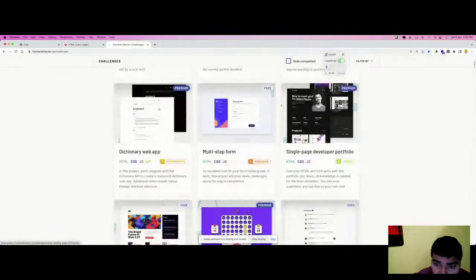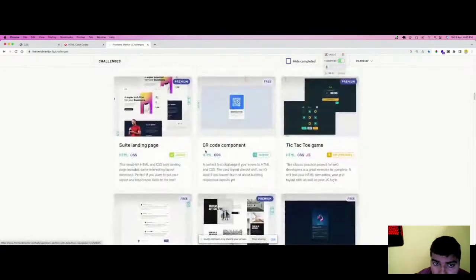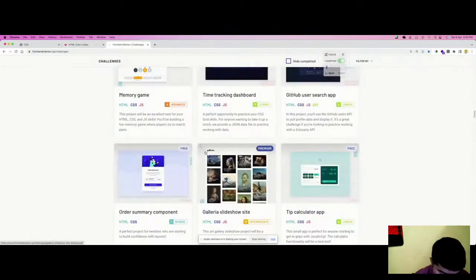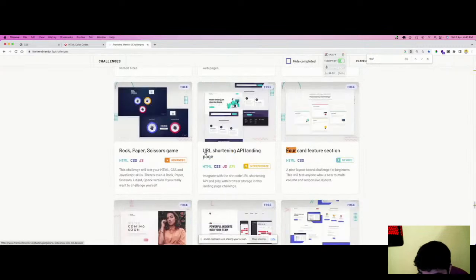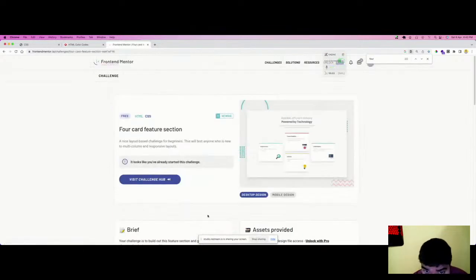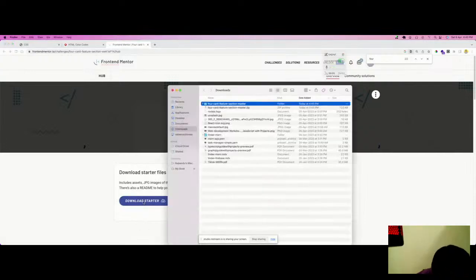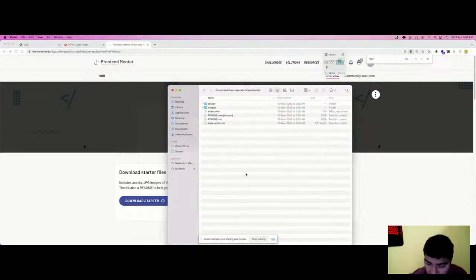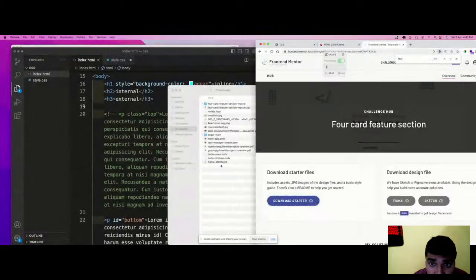So we will pick up the scorecard feature section. This project we are going to do. We have the starter files to download, and the files come as downloaded here.